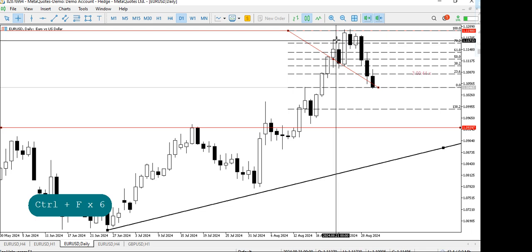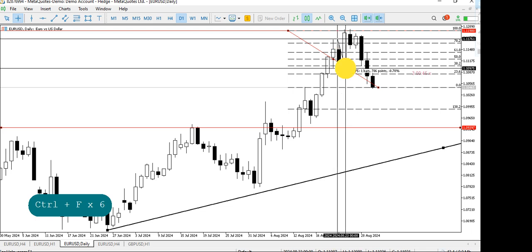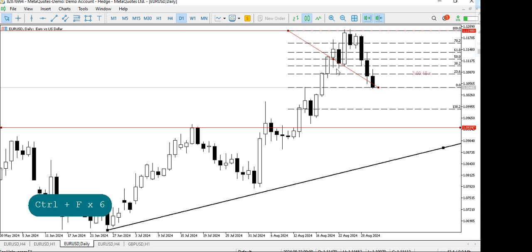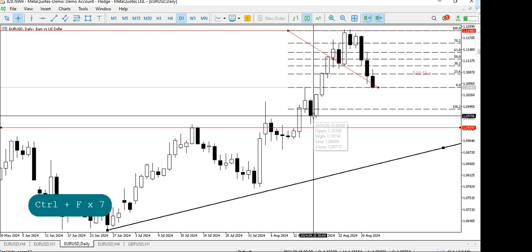You have a move down. I say this can't really be called a swing because, well, it took it out, but it didn't close below this guy's low. But anyway, that's also what I'm trying to say. So my point is that I fibbed this guy